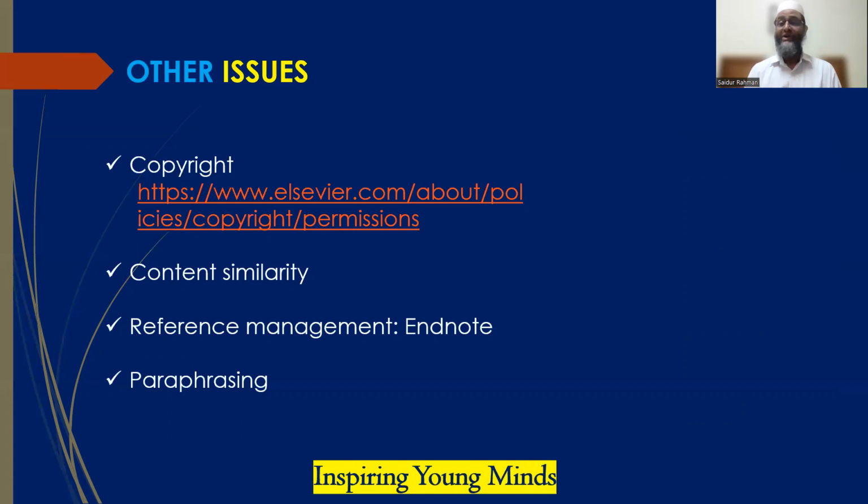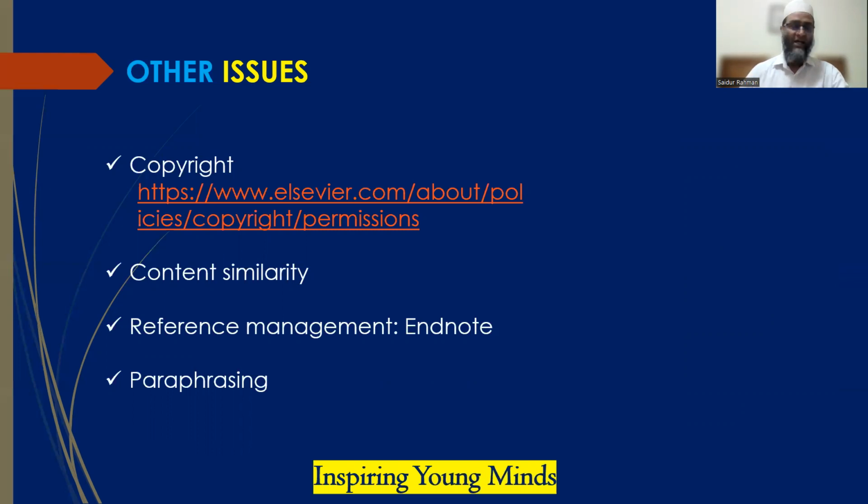So one of the issues is the copyright. So you are taking some figures from others, for example, which cannot be redrawn. SEM image, FESEM image, TEM image cannot be manipulated, cannot be distorted. Those are unethical issues. Okay, but you can use from published work, provided that you got the copyright permission. So this is normally on the journal websites. Some journals let you easily fill in the form and they will give you the copyright without paying. Some journals ask for money. That is a difficult problem.